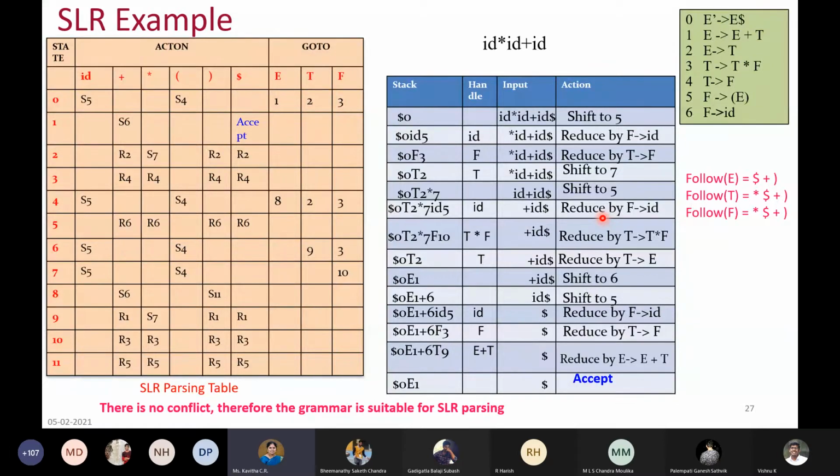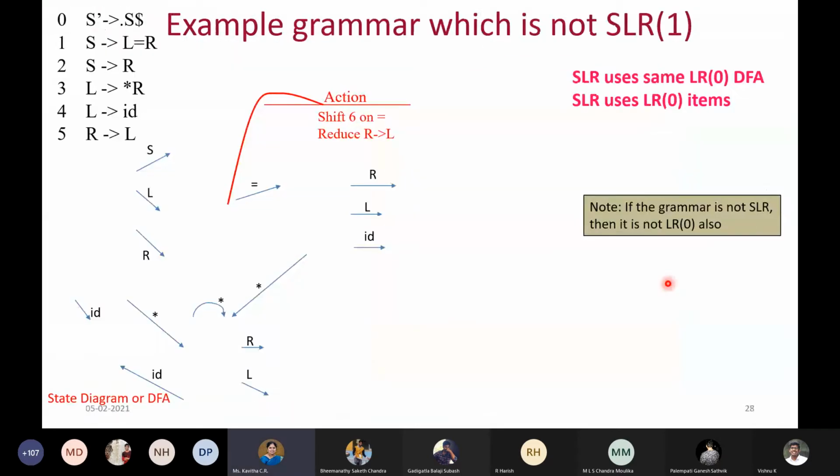So any doubts with respect to this example, I will clear. Otherwise, I will go to the next example of SLR. Any doubts, students? Pushing the state is what you have to take care of, and you need practice. Maybe if you try on your own, write and try, you'll come to know how it has to be done. Okay, then we will move on to the next example.